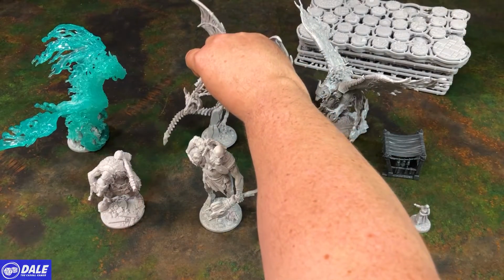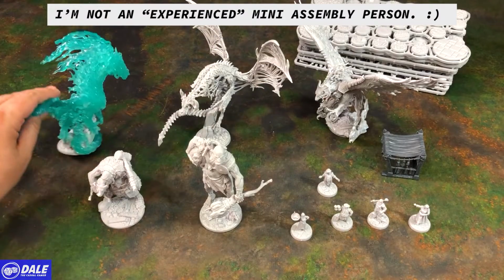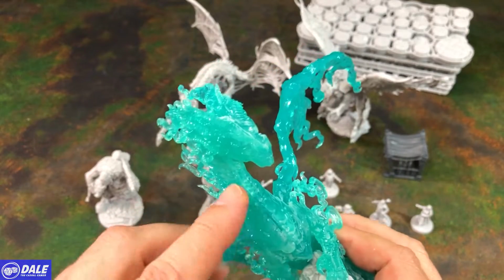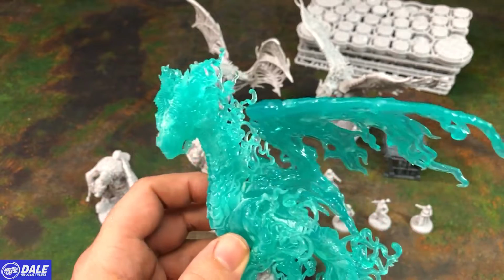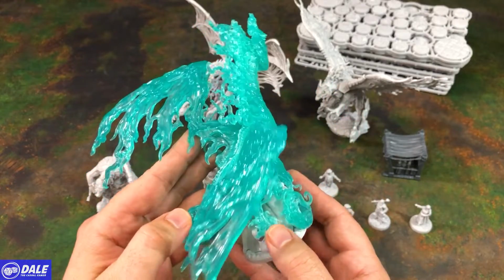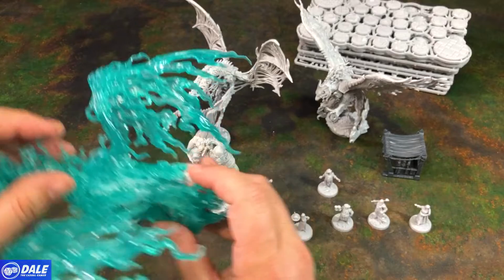Then lastly, the one I had the most trouble with is the Ghost Dragon. So I'm not sure if I'm a real fan of this type of material when it comes to our minis. Neat concept, but I still think it's going to need to be painted. But all in all, that is the miniatures